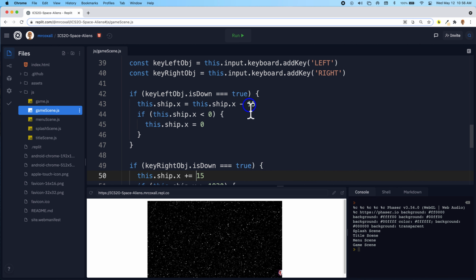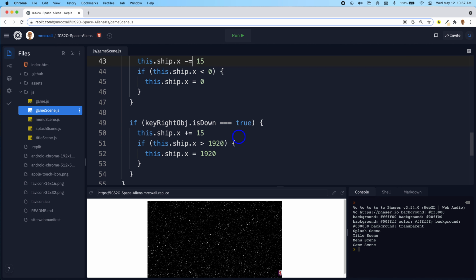And the same thing here, if you are subtracting, there is a minus equals, and it will just take it and put it back into this variable. So what's happening is it grabs the X, whatever its value is, subtracts 15 from it and puts it back. So if you ever see a minus equals or a plus equals operator, that's what's happening. And that's all we're going to do in this